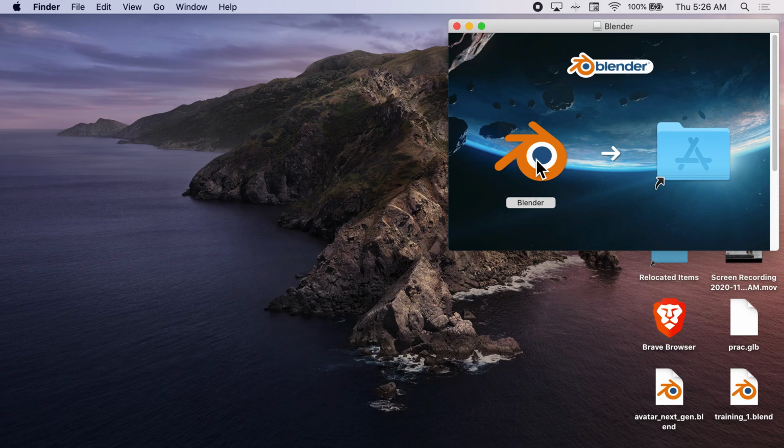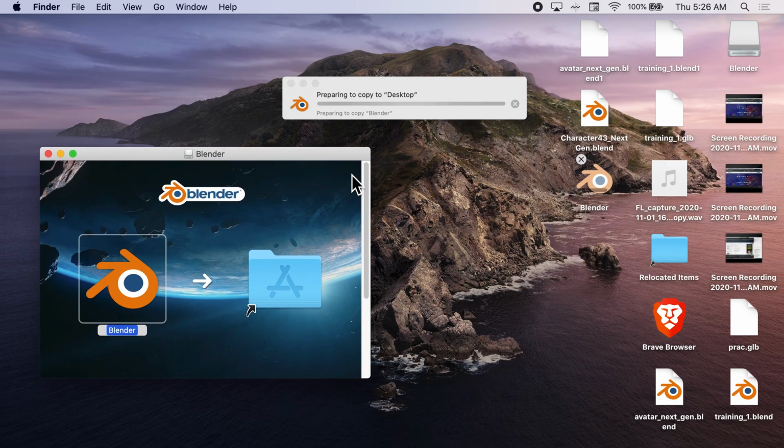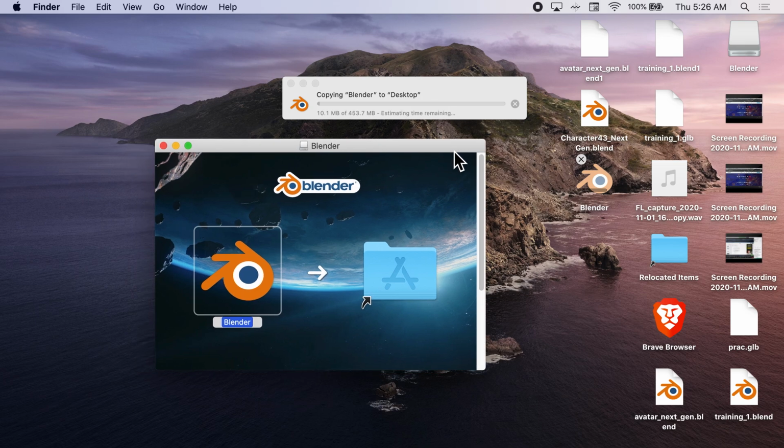What I'm going to ask all students to do here is to drag the Blender application icon to the desktop. I'm just going to put it cleanly over here for now. And what will happen at that point, and of course it moves it, go figure. The application is now being copied from the mounted volume. And you can see up here in the top right of my desktop, there is the icon that's indicated I